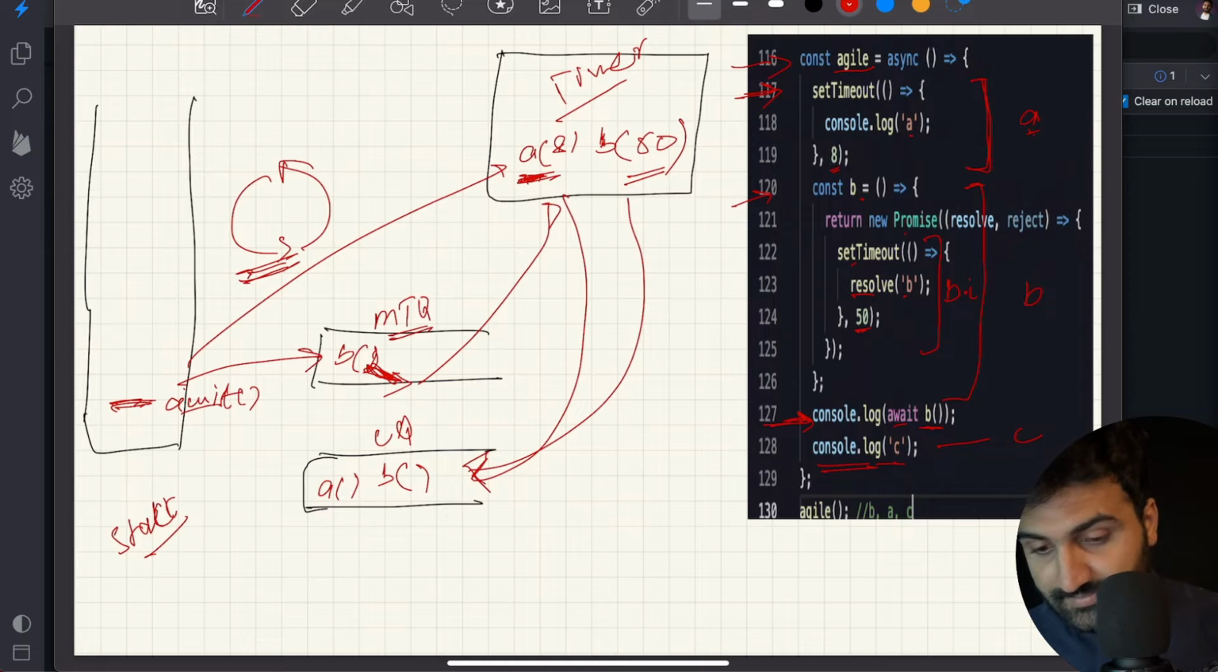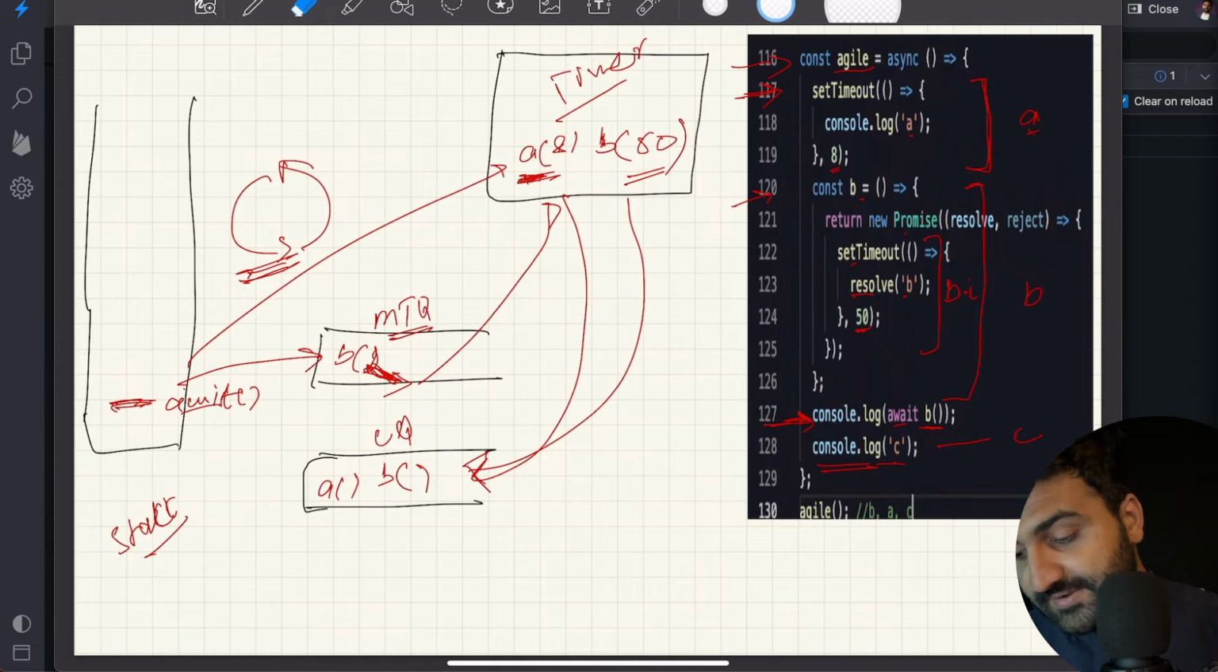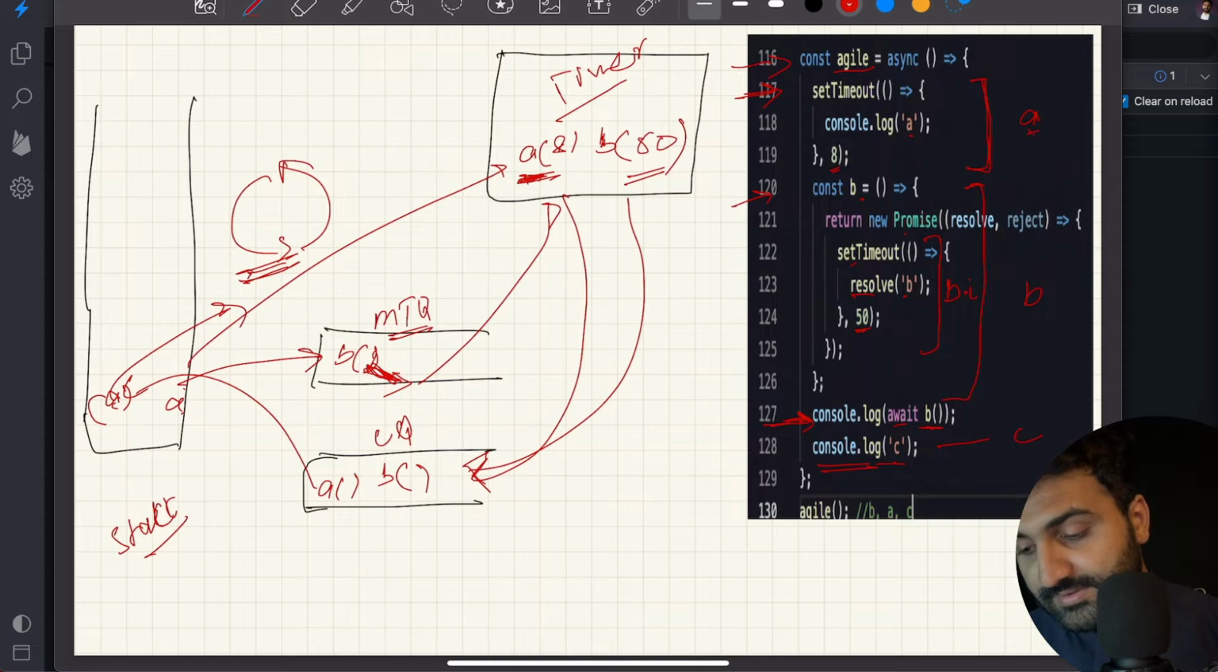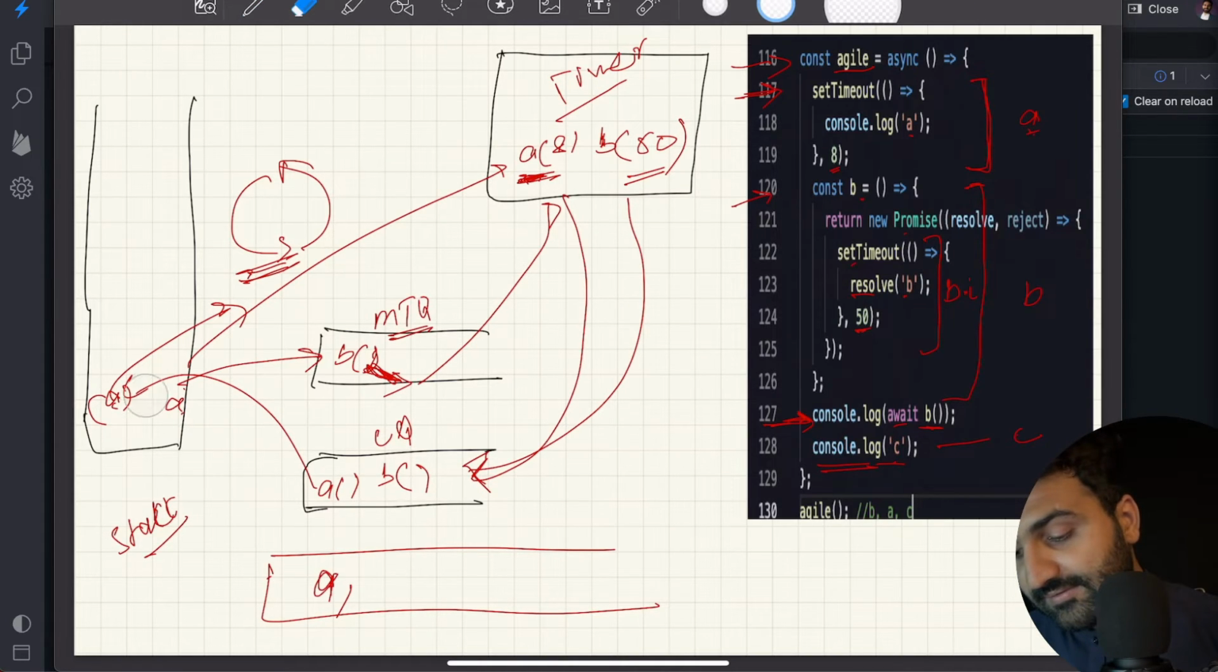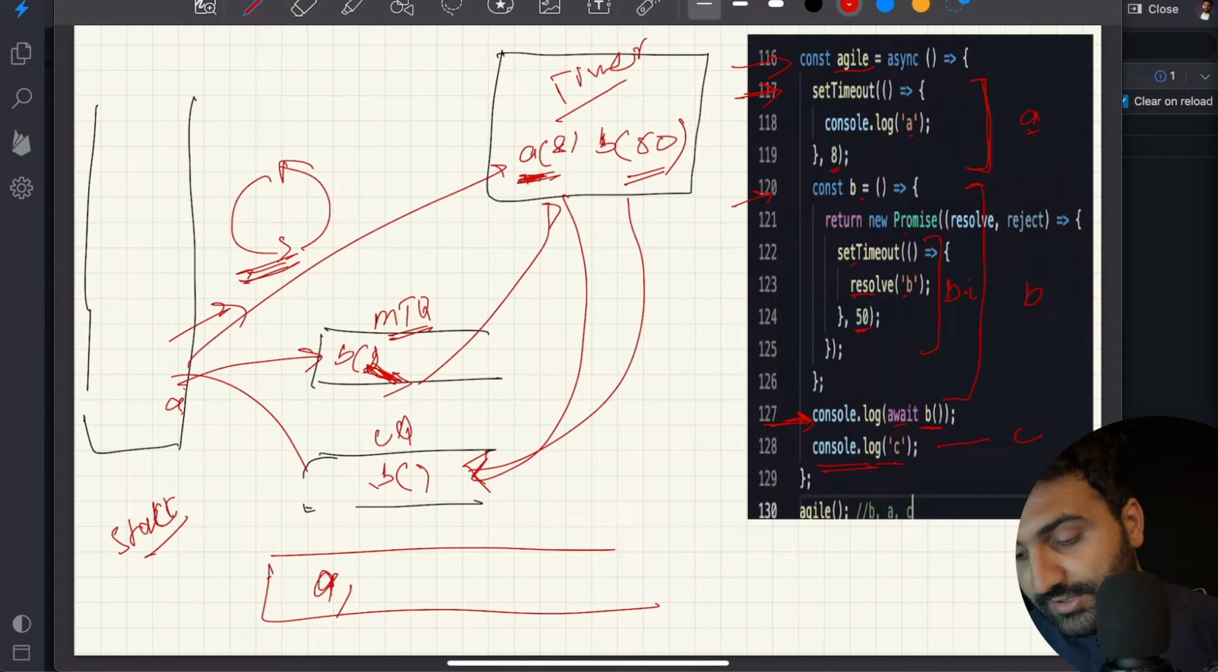Now this A will go first. This await is now finished. A will go into the call stack and will be popped, and it will print A onto the console. Here is our console. A will be printed on the console and it is popped, and then B will go into the call stack